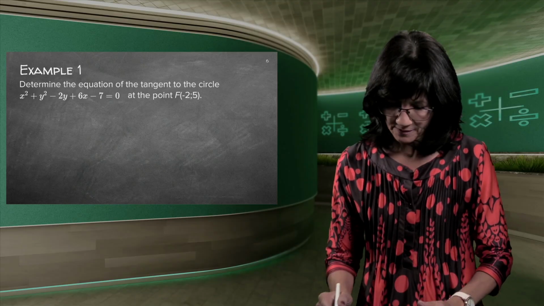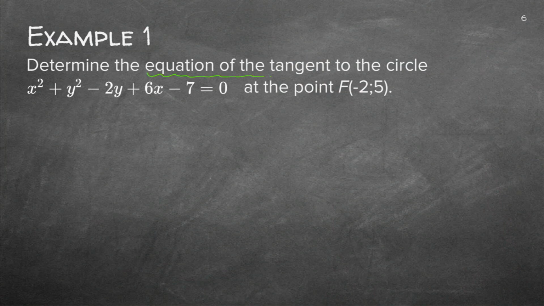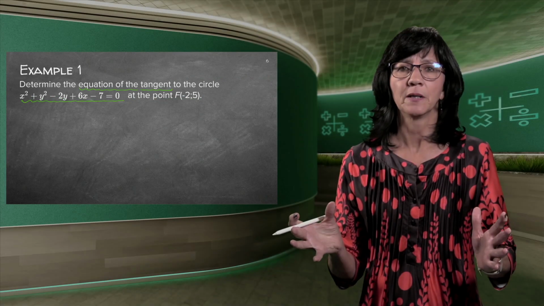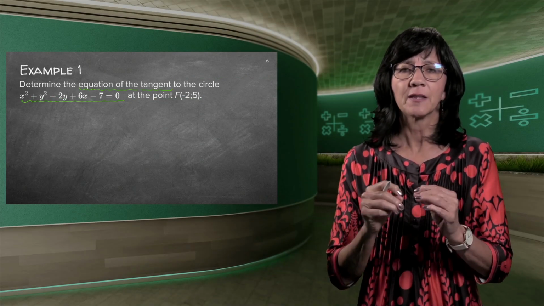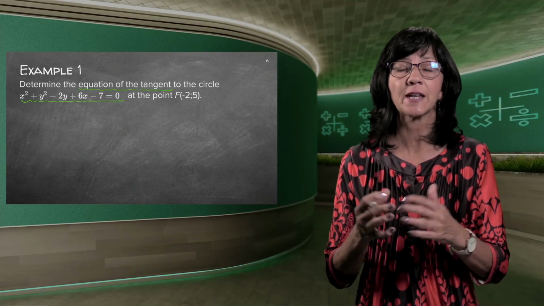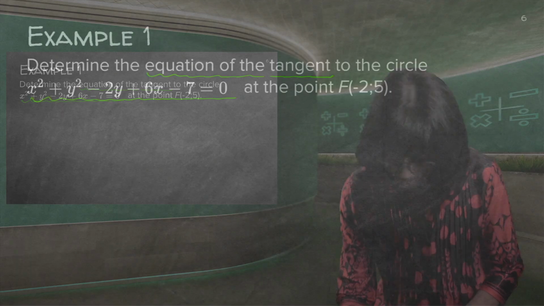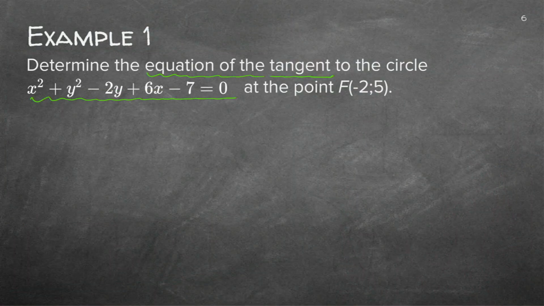Let's just see what the question is. Determine the equation of the tangent to the circle. And then they give you this ugly formula, which does not look like a circle formula. So it doesn't actually even matter what they ask me. I need to go and make sure that this is in the proper format. So I need to do that completing of the square. As you can recall, we take the first x squared separately and we add the 6x. And now we need to add half of that, which is plus 3 squared.